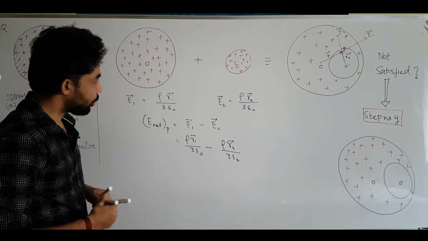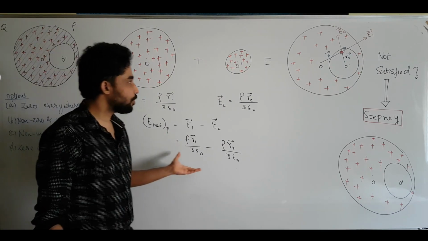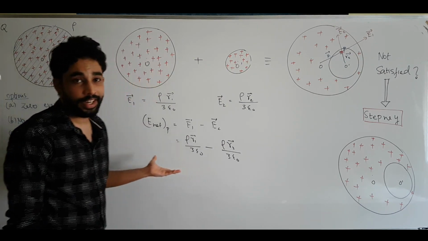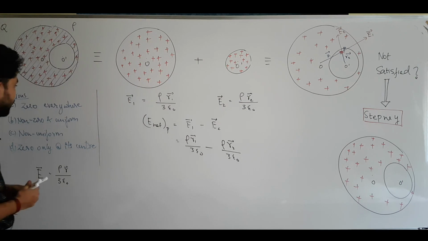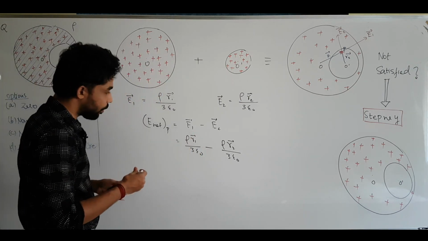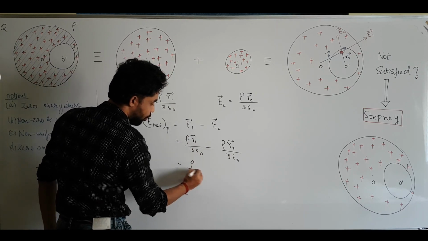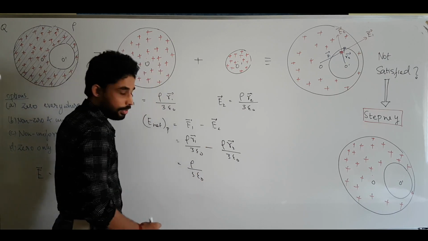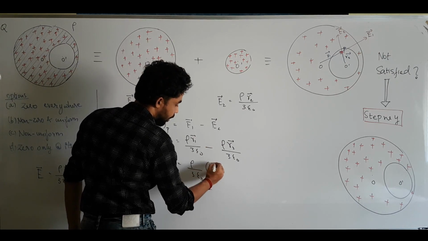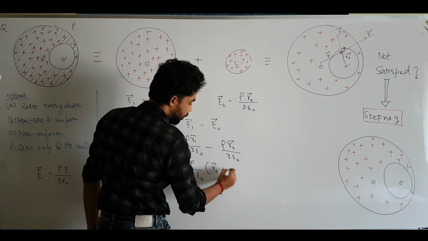Now I'm just going to do a little more work on this. Why? Because we are not asked to find the value of the electric field. Instead, they have given some statements and we need to see which one of them is true. So let's work on this a little bit more. Suppose all these terms are constant, that is rho by 3 epsilon naught is constant. If I take it out, I'll get r1 vector minus r2 vector, which I'm going to write as r1 vector